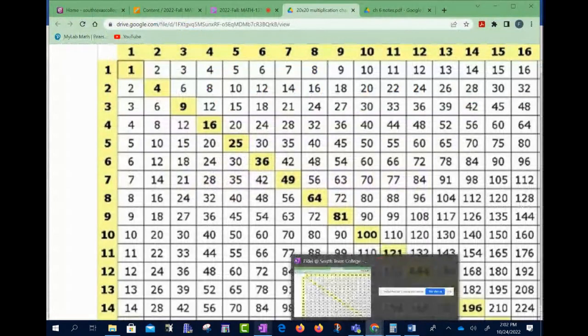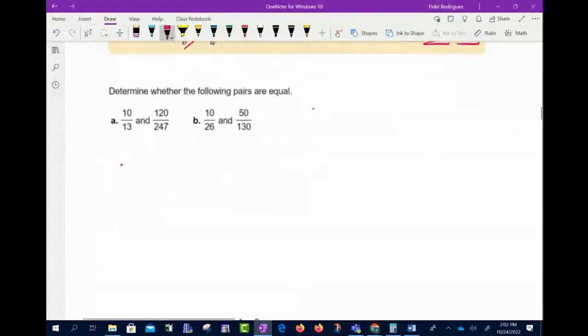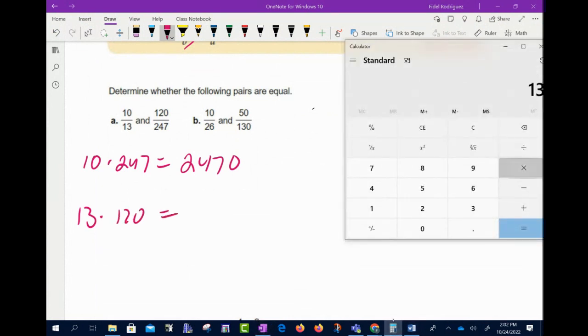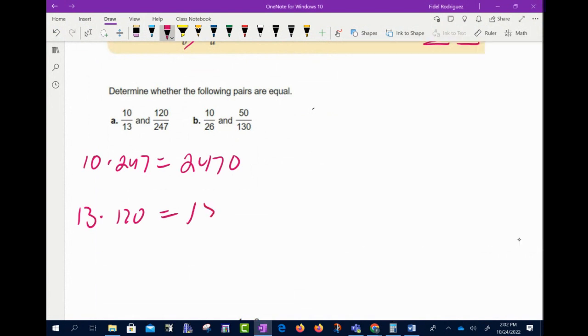If I want to know these two fractions are equal, I'm going to say, look, let me take 10 times 247, that's 2470, and let me take 13 times 120, and I'm coming up with 1560. If those numbers are equal, then the two fractions are equal, but those two numbers aren't equal, so we're going to say those two fractions are